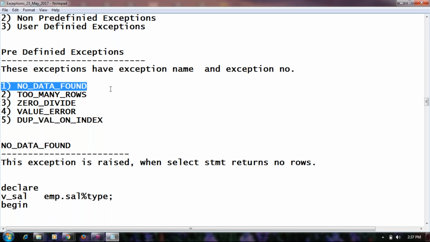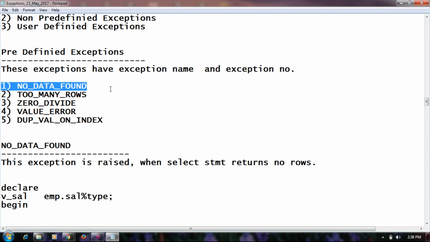If data is not found. Yes. What data is not found? In a table, if that data is not there, then this exception will be raised.